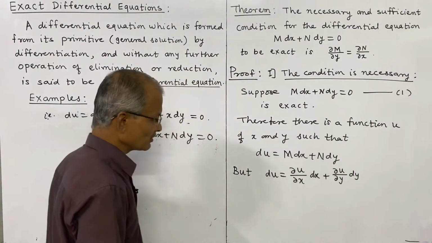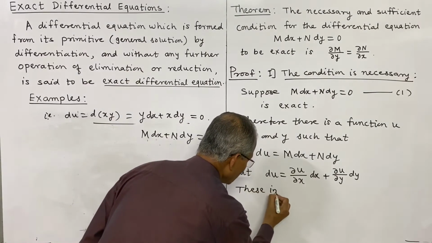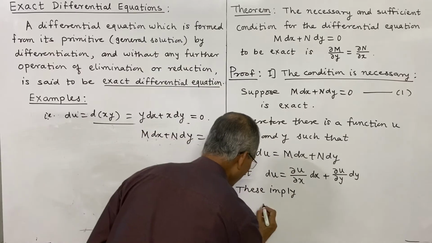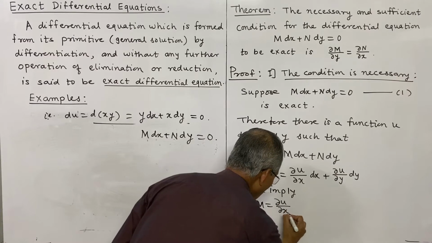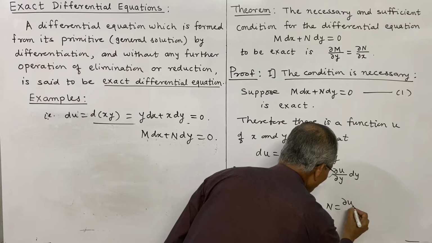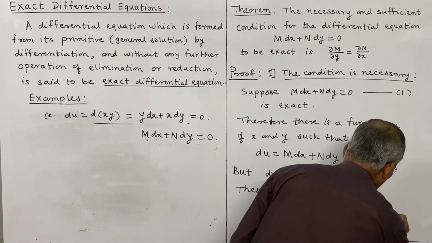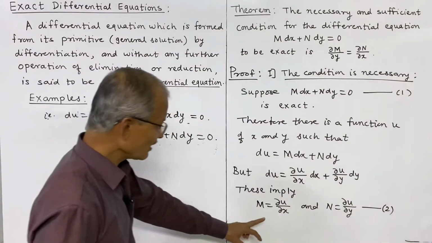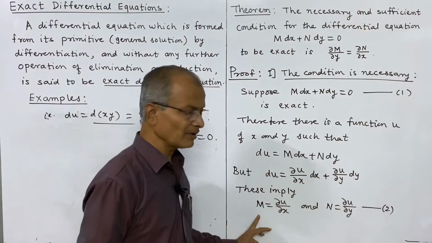So comparing coefficients, these imply m is equal to ∂u/∂x and n is equal to ∂u/∂y. Now we will call this relation second. From this second relation we want to eliminate u, and we want to get the relation between the partial derivatives